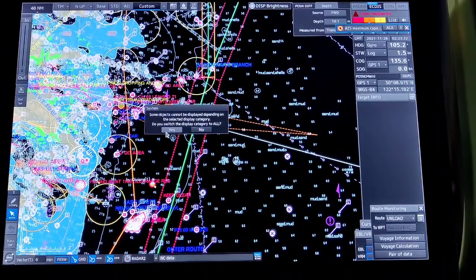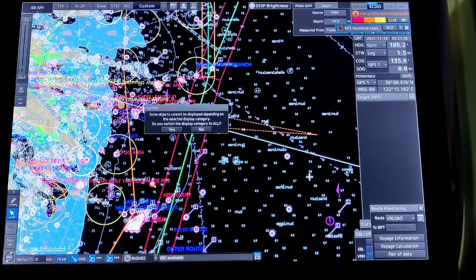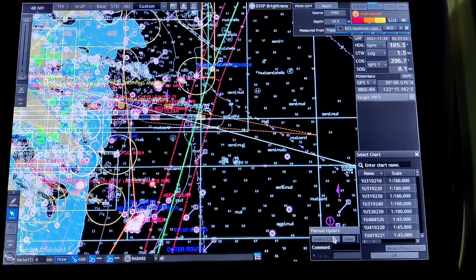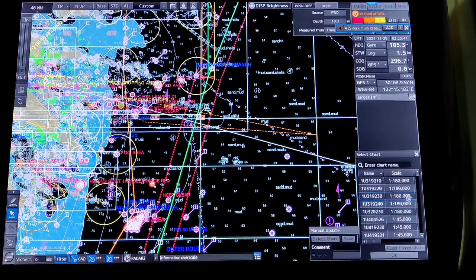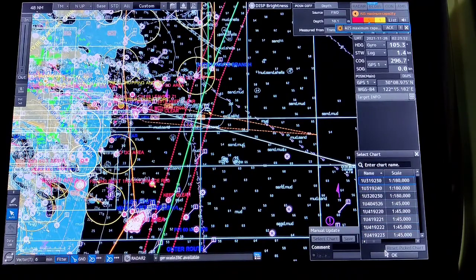Click on manual update. It will show that you have selected a custom display. You want to switch to all? I don't want to switch to all, just keep it no. Then you select the chart which you have to manually update. Either you can scroll down the list or you can enter the chart name. Then I have selected this chart and I click OK.